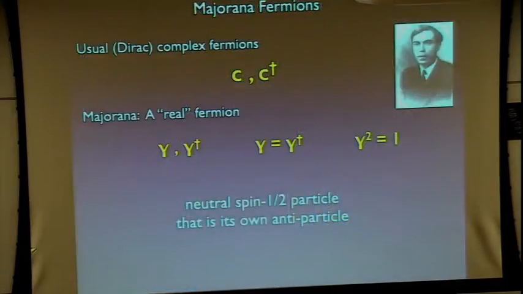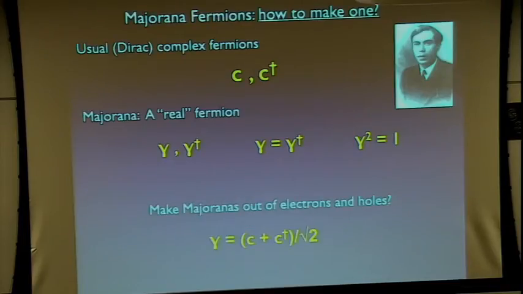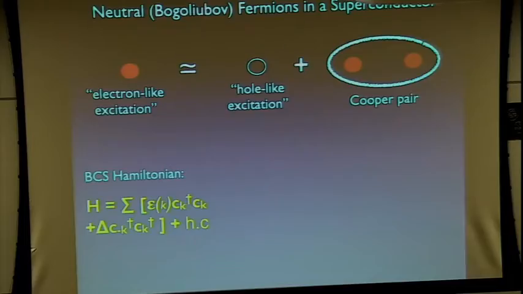All right, so you heard a lot about Majorana fermions, so I'll very quickly tell you what we are trying to do and how this relates to topological superconductivity. Basically, we are trying to create these real fermions. One way to think about doing that is combining complex fermions that nature has given us, namely electrons and holes. Putting them in the right combination would be a way to create such an excitation in a solid state system. And of course, this is where superconductivity comes in, because as you know, superconductivity mixes electrons and